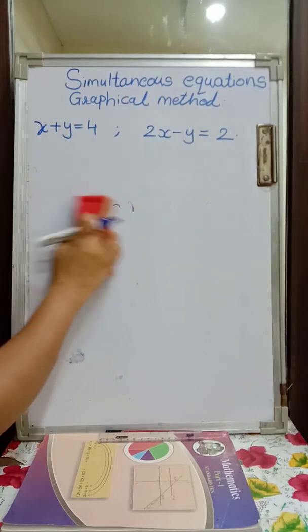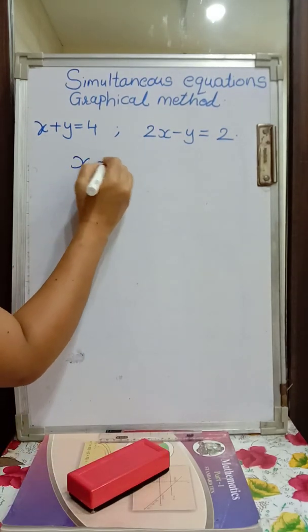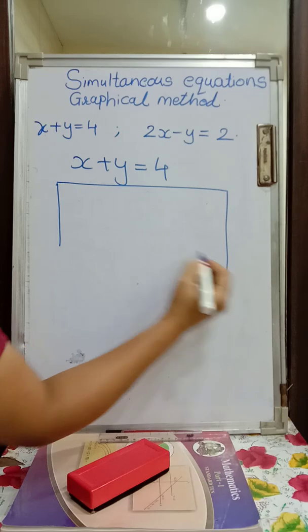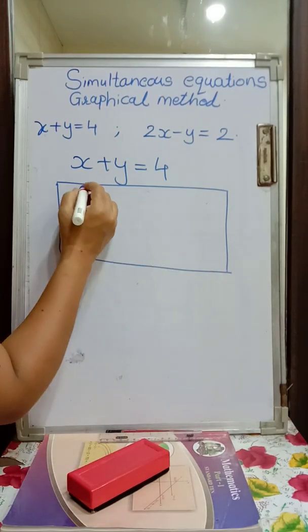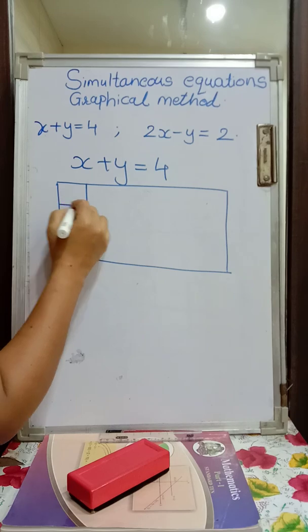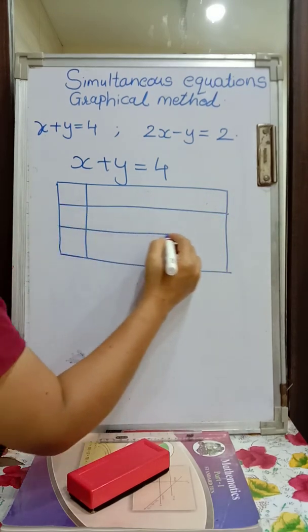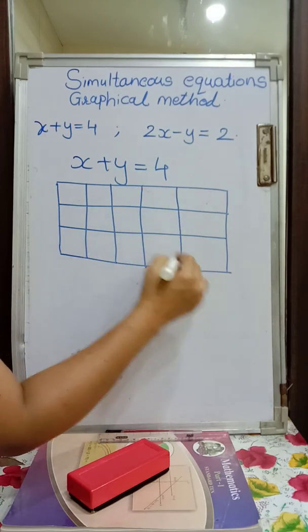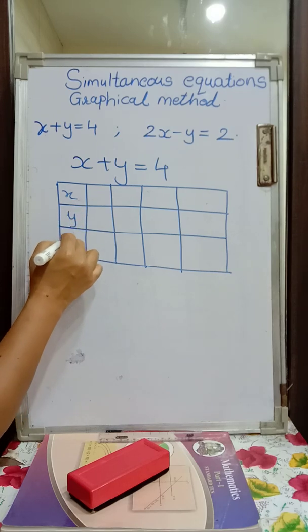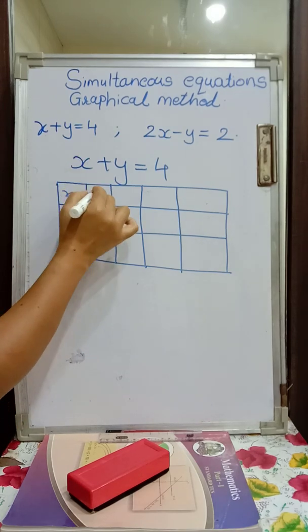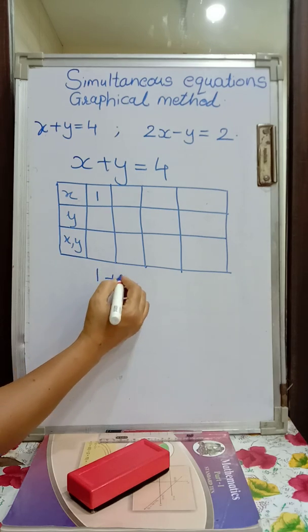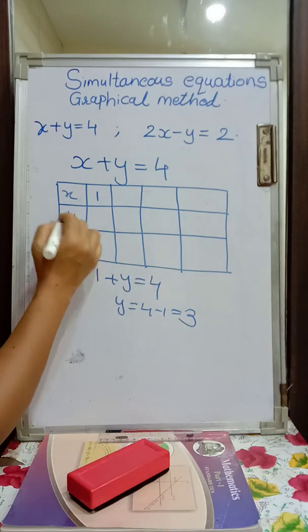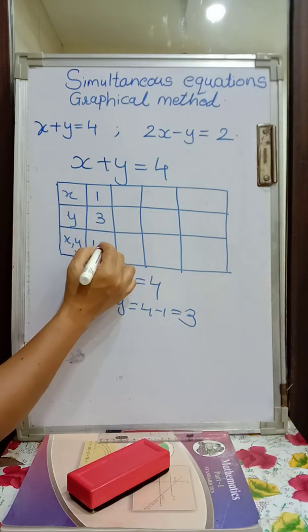So, first we will take the first equation. x plus y is equal to 4. For this we will first find out ordered pairs. So let us find the ordered pairs for this. So you have x, comma, y. So if x value is 1, so I am putting here 1 plus y is equal to 4. So what will be y? y will be 4 minus 1 which is equal to 3. So we got 3 for y. So our first ordered pair is 1, 3.